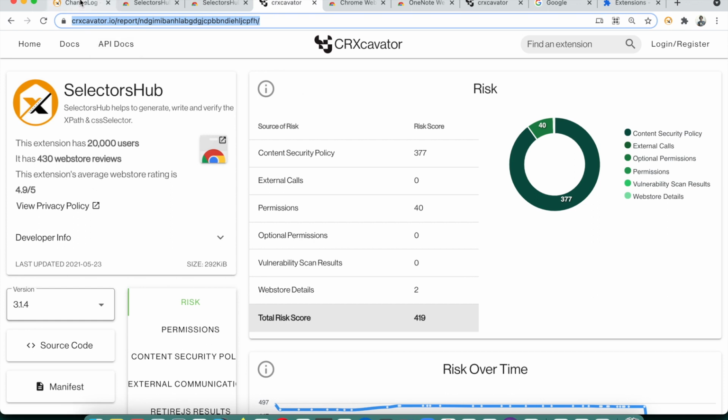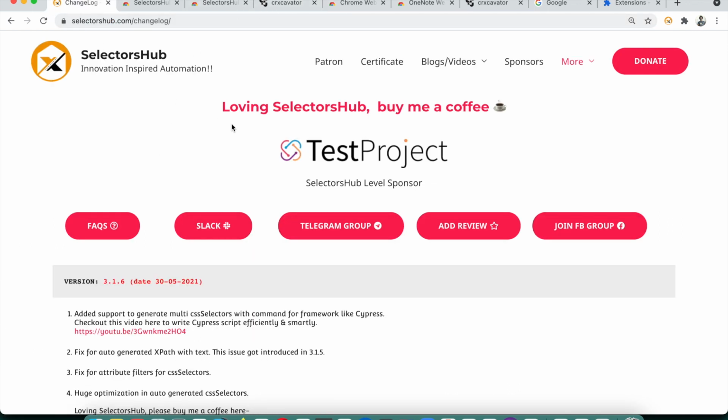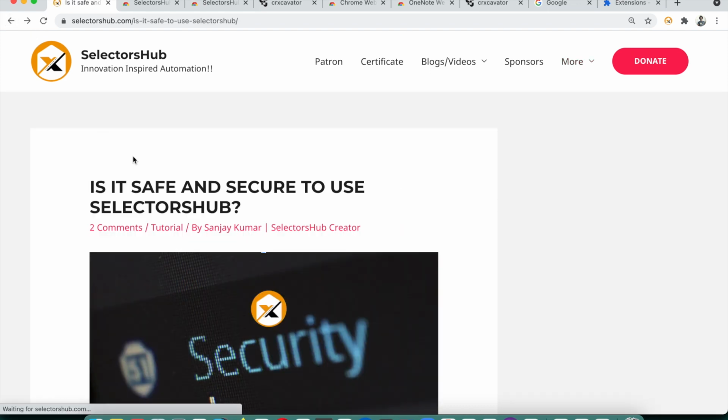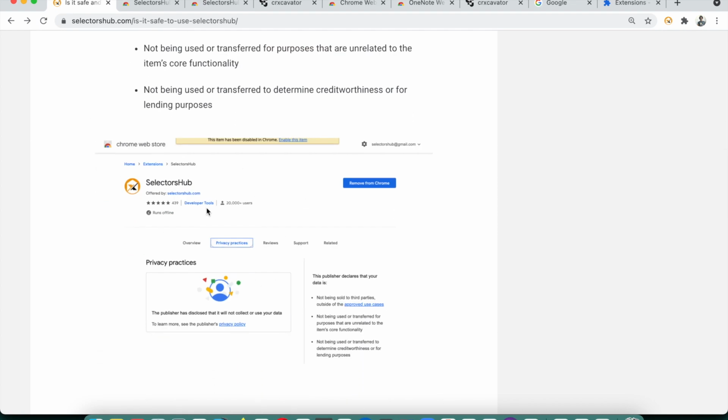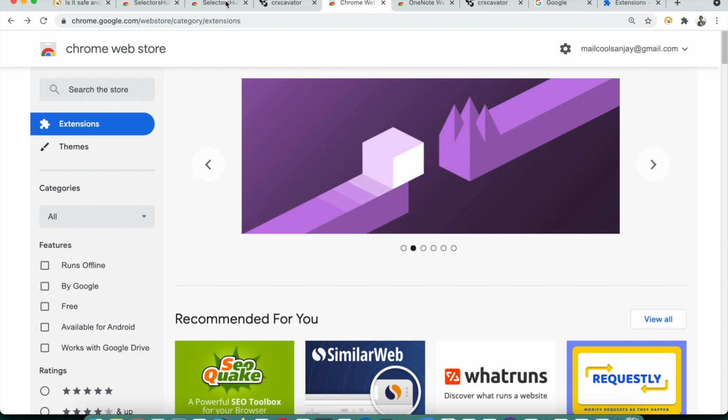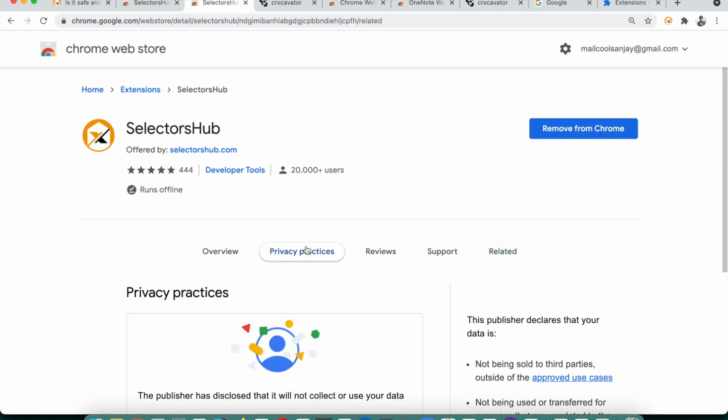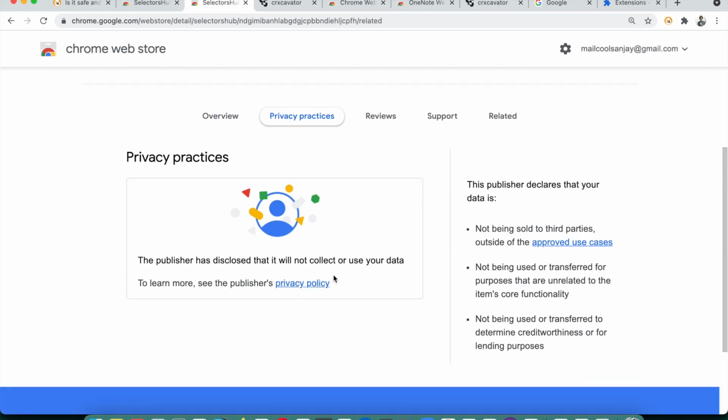You can also mention this selector sub blog link. I will add this blog link in the description as well. You can share this link, and they can read it, and you can add the screenshot if you want. They can also read the privacy practices tab here. So this is absolutely secure, and to further show how safe it is,